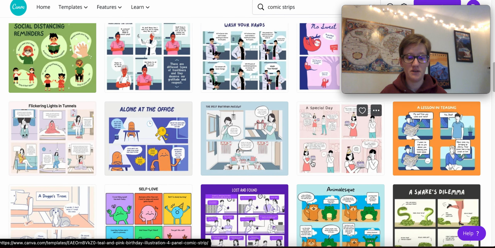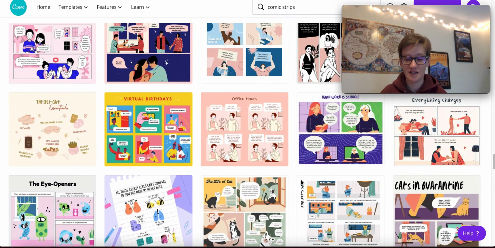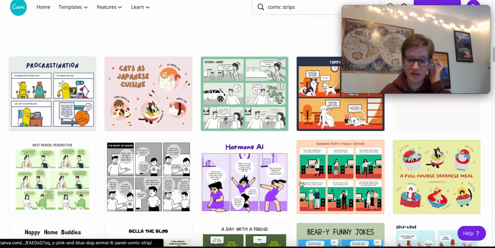But look at all of these really, really fun templates we have going on here. So many. They introduced this, and it's clear they've been working on this for a while. They didn't just introduce it and say this is a work in progress. They really created a lot of amazing templates for us to take advantage of straight out of the gate, which is fantastic. So let's go ahead and pick one, and I'll show you